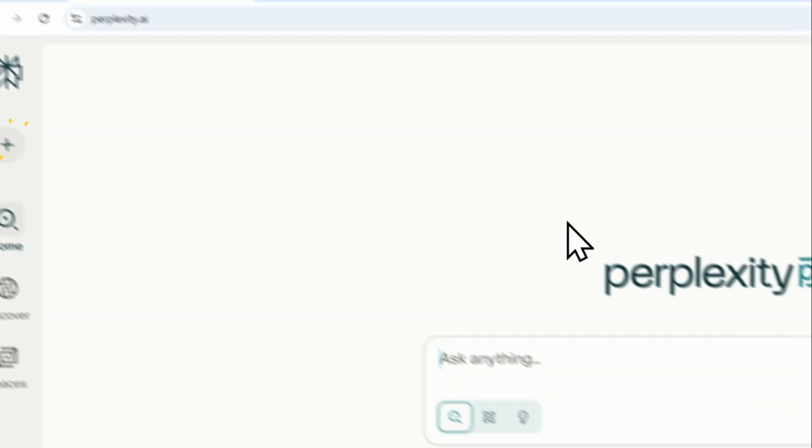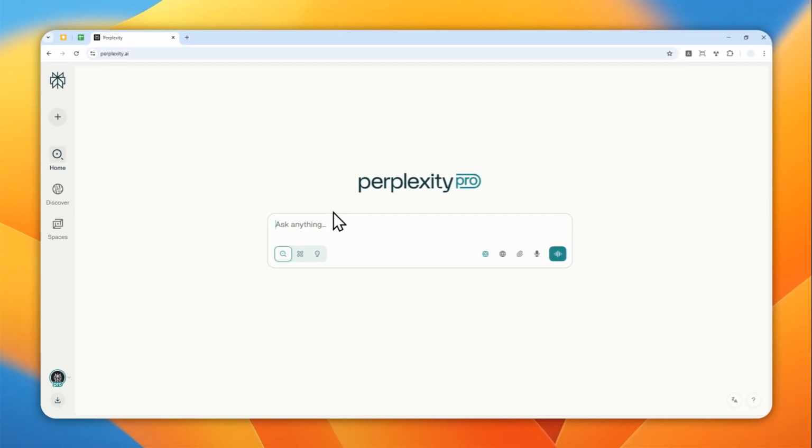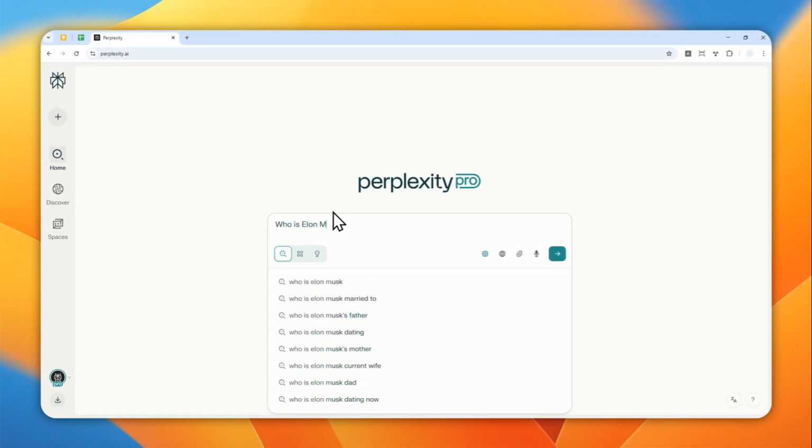I'm going to start a new thread, and I'm going to be using the same prompt again. Who is Elon Musk? And here you can use this search operator, which is site and then colon, and then you can type the domain name of the website. So it is Wikipedia, sorry about that,